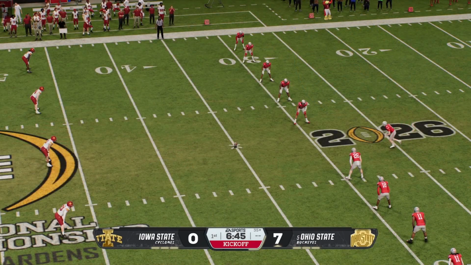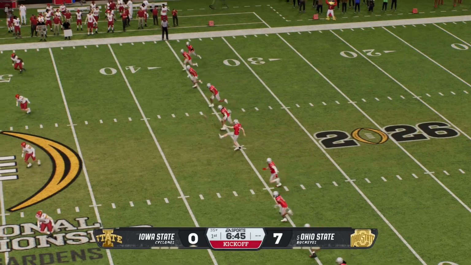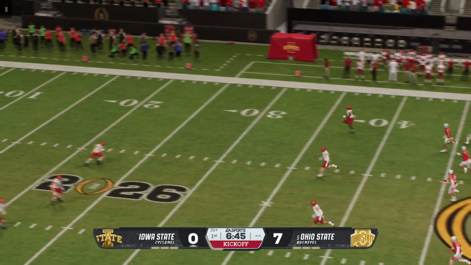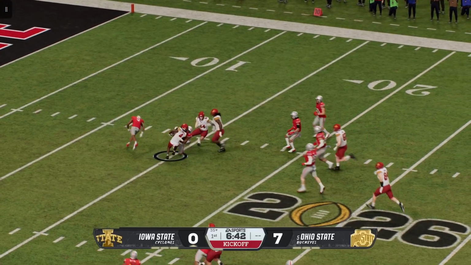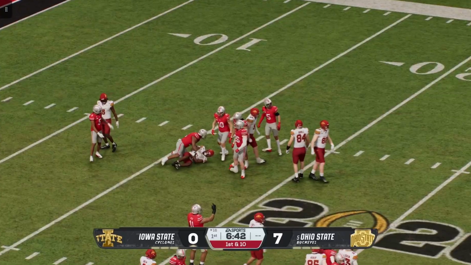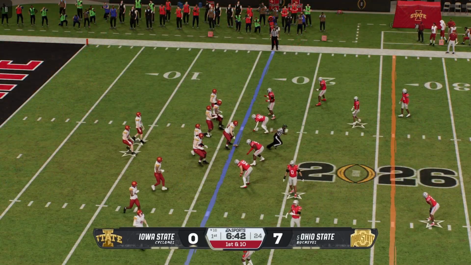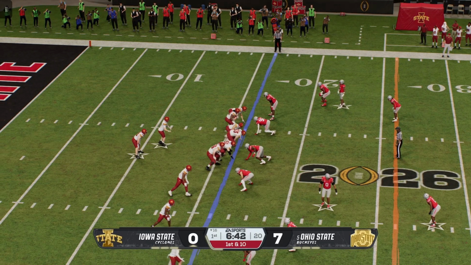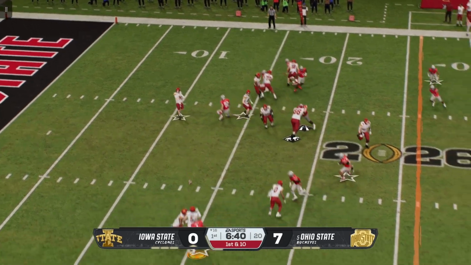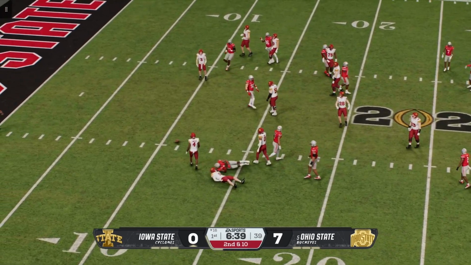Kickoff team out there. They are fired up after just scoring a touchdown. And he takes this from inside the 5. Solid job by the coverage team. They bring him down at the 16. And here comes the Ohio State offense back on the field now. They're coming off a 3-and-out, looking to produce a positive drive here.